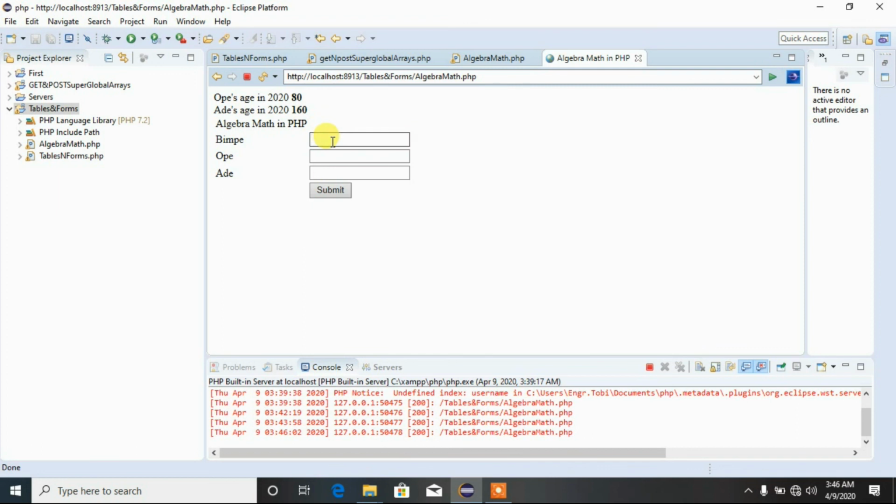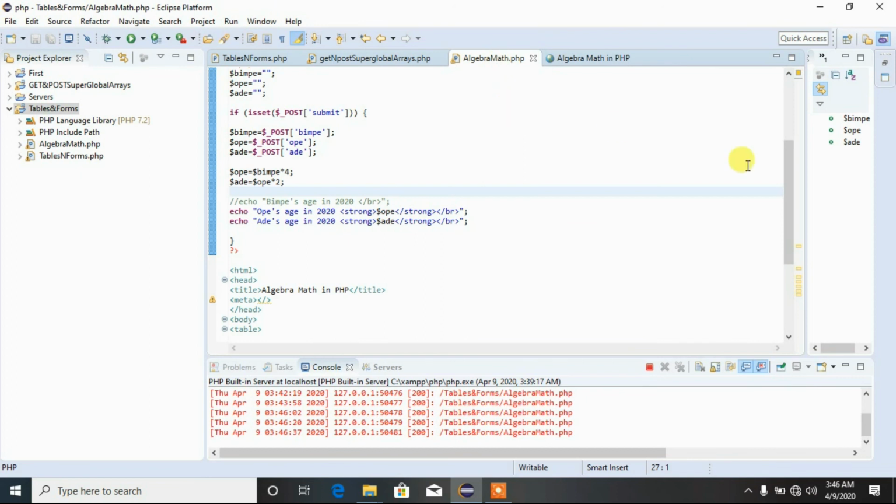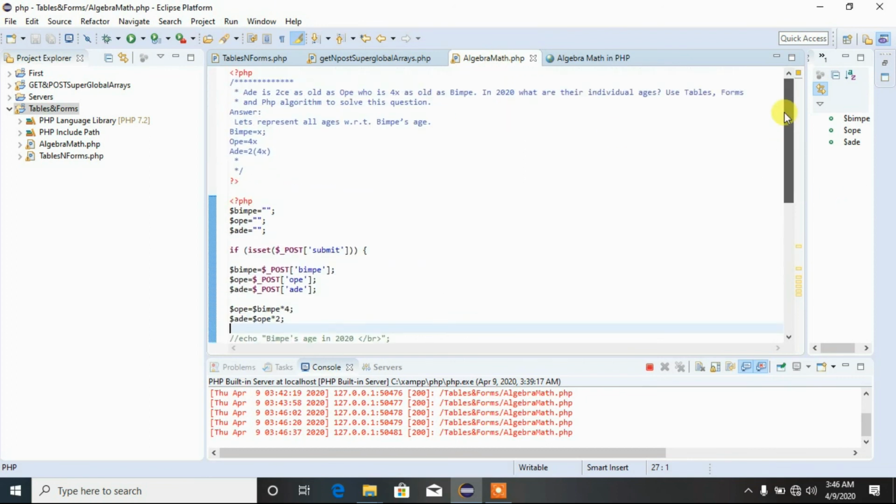Alright, if we change the value of these to 60 and click on the submit button, we discover that the computation is changing. Now you have pages in 2020 as 240, and then at this age in 2080 as 480. If you try it with 10, let's assume replay is 10, you click on submit. So in 2020, where this is 40, and then at this age in 2020 is 80. So this is just about how easy it is to develop simple algorithms to give us simple solutions to problems,